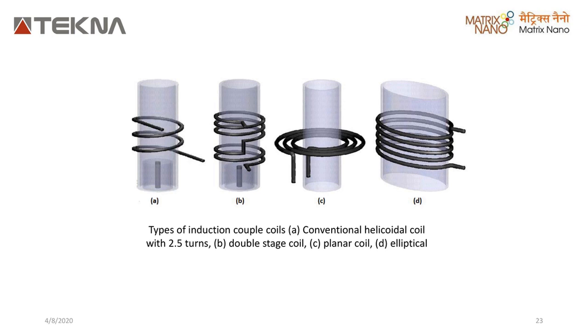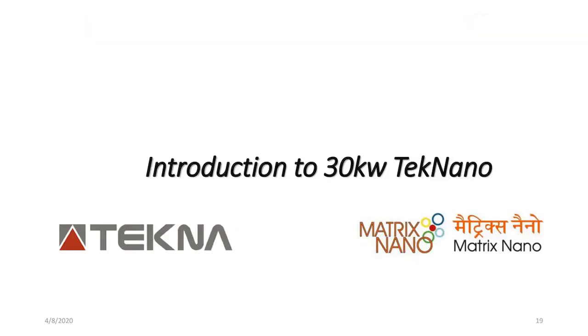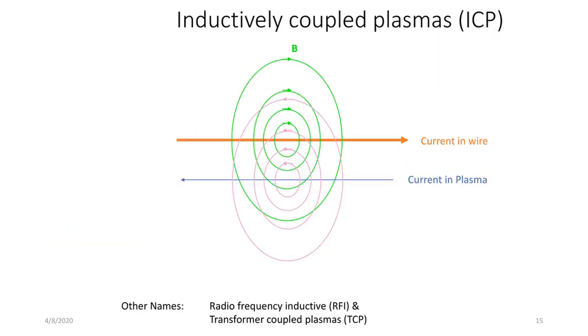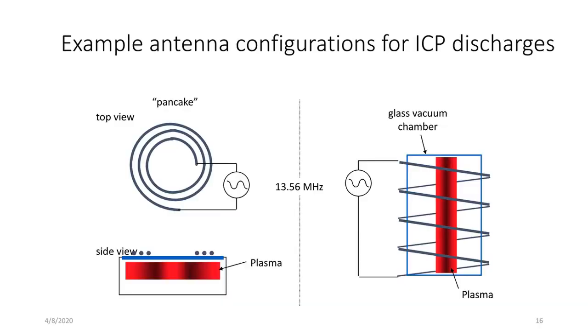So always the direction between your current and your plasma gas is opposite. So your plasma is generated in the opposite direction to the direction of the flow of current. So for which we can go back to a slide. Yeah, if you see here, if your current direction is towards your right, which is my right on the screen, it's again the plasma direction will be left, or the plasma current direction will be left. So it's opposite to each other always.